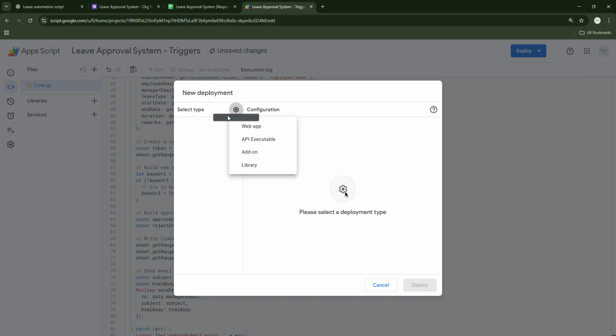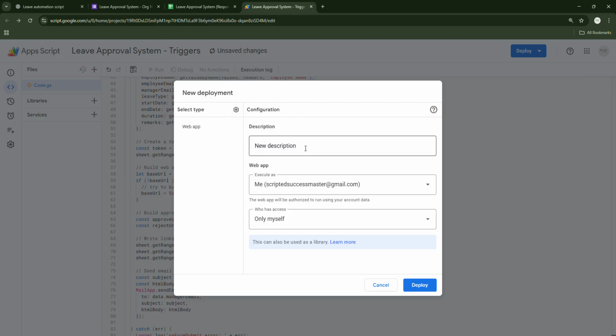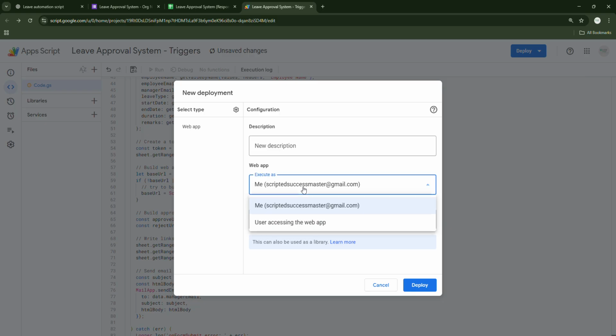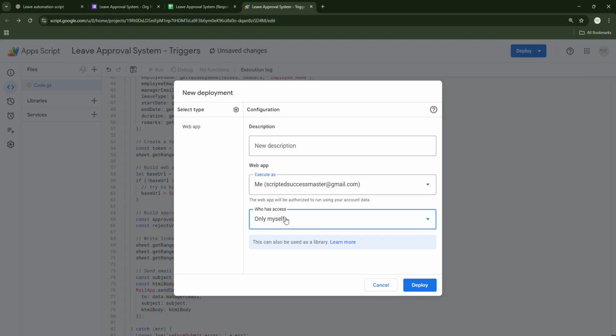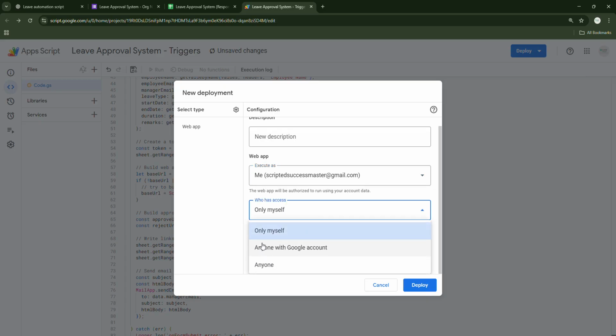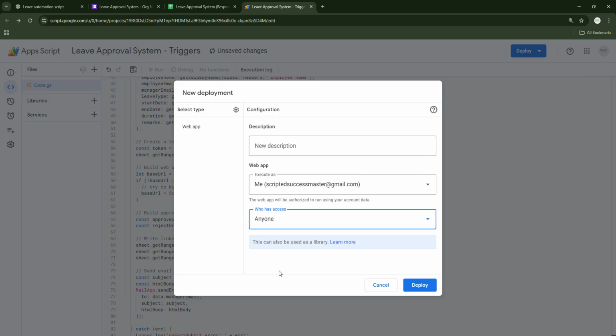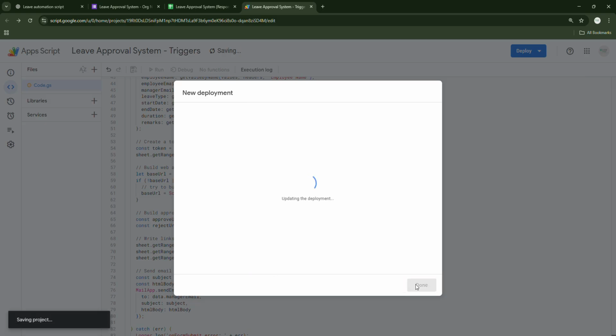Click on web app. It says new description, execute as me, and who has access: anyone or anyone within the Google account. As of now I am using a personal account. If you are using an office account, it will show within your organization as an option also. So as of now I'll just click on anyone. Okay, click on deploy. It will load for a few minutes and it will show